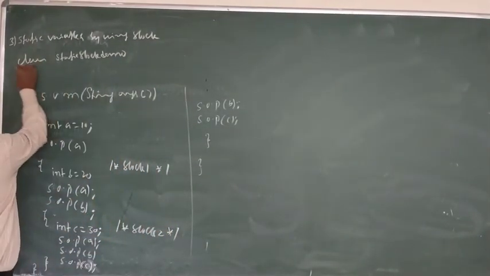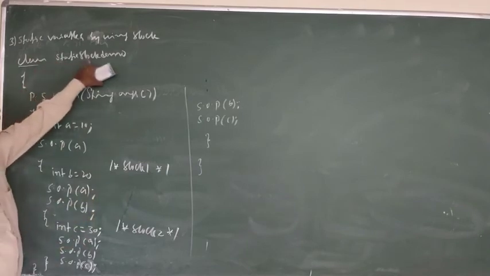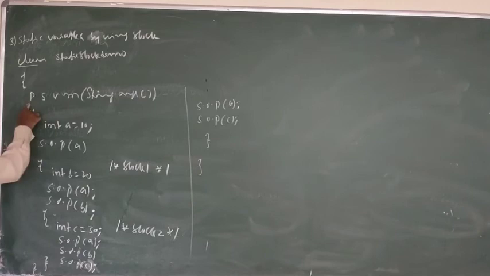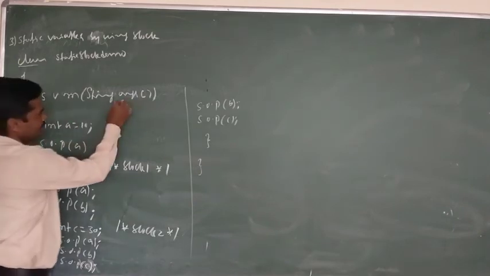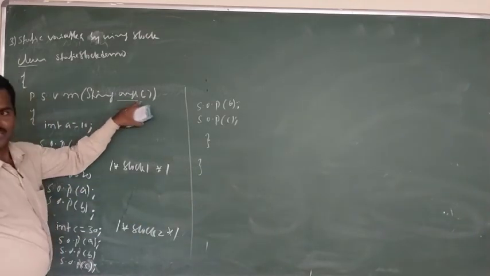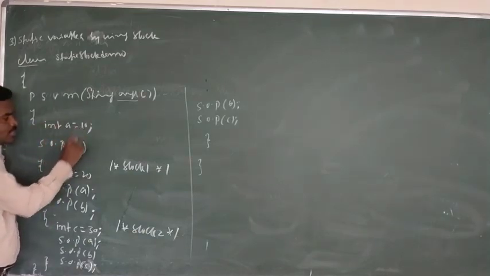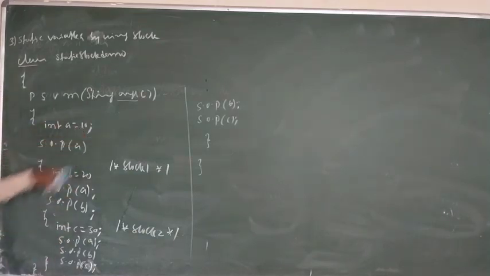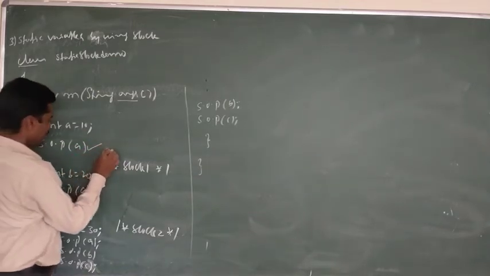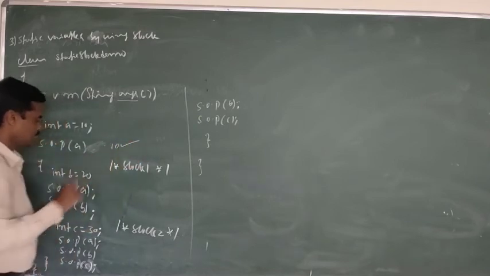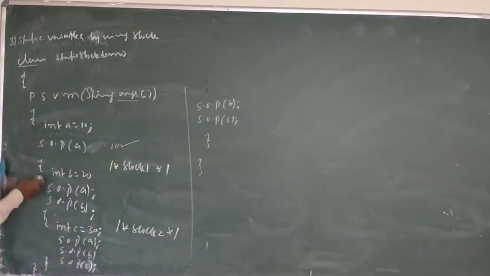So here class name is static block demo, class is start, then main method public static void main. Main method is having one argument args, array of type string. Then here I am declaring the variable a and initializing it with the value 10. So that variable value will be displayed. Here output 10 will be displayed. Understood? Next. Then this is block 1.